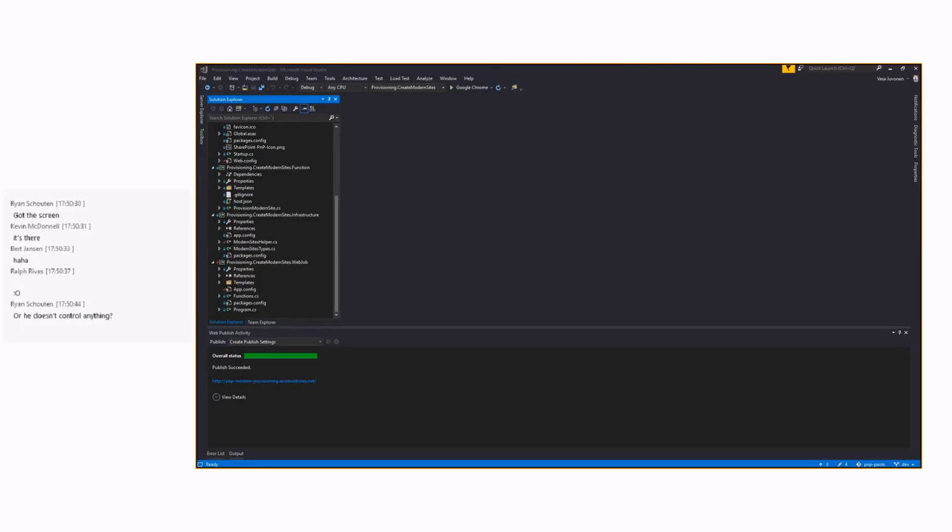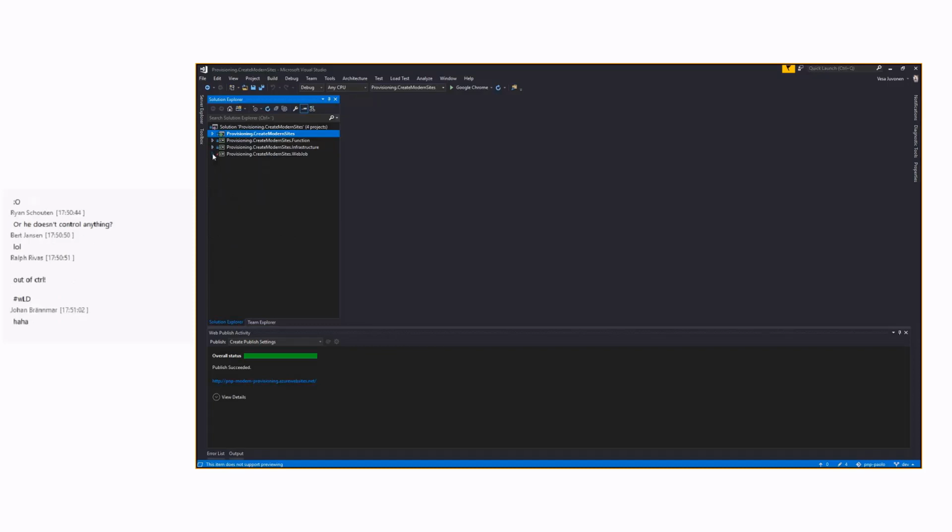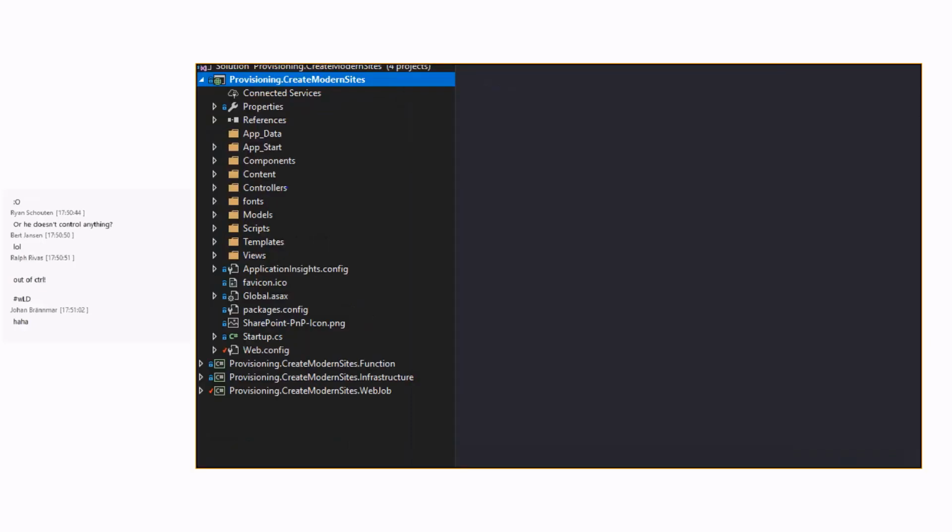So let me show this one quickly in practice. Like I said, this is still work in progress. We need to modify certain things. There are certain last-minute findings from earlier today. But what we have is a solution structure. This is a classic SharePoint PnP provisioning structure, where we have an ASP.NET solution, which is an MVC solution, obviously, because it definitely should not be web forms anymore.